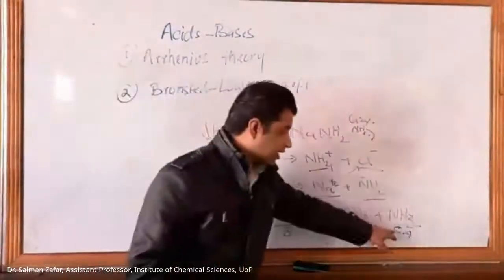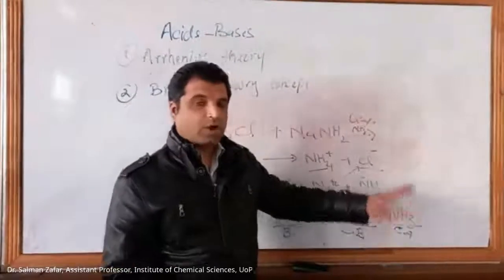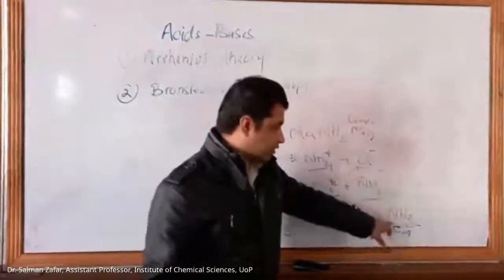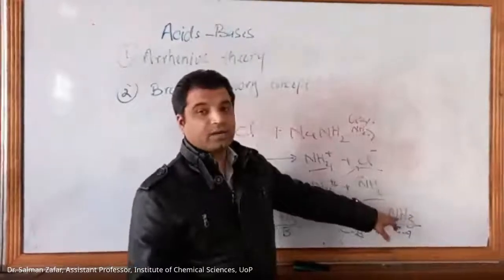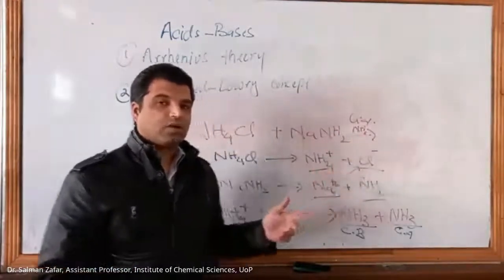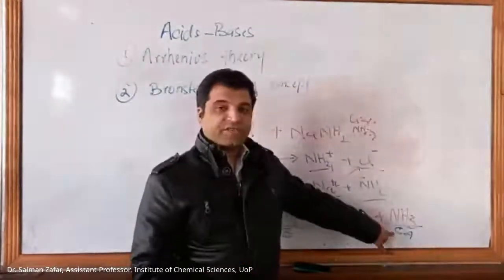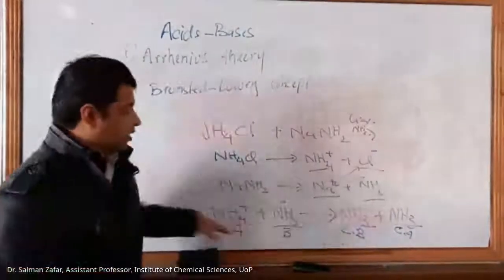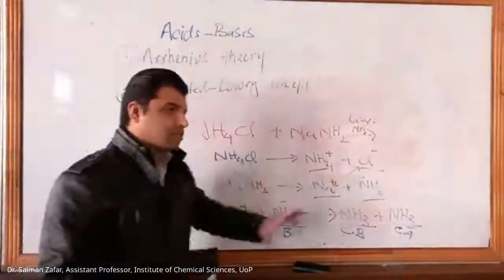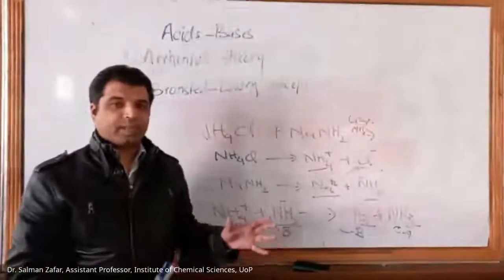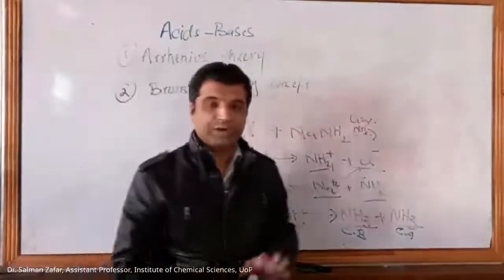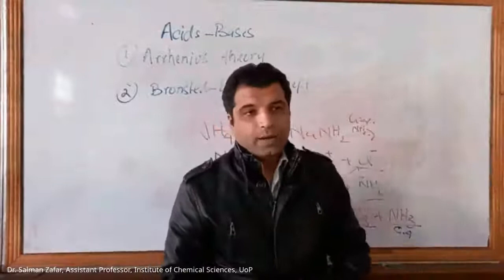But this conjugate acid, ammonia, will not be very happy to donate a proton, because that will then convert it into an ion. So going from a neutral molecule to an ion, that is not very feasible. That is why it's a weak acid. It's a weak base. These are strong acids and bases. So this is how you can classify molecules into acids and bases according to Bronsted-Lowry concept.